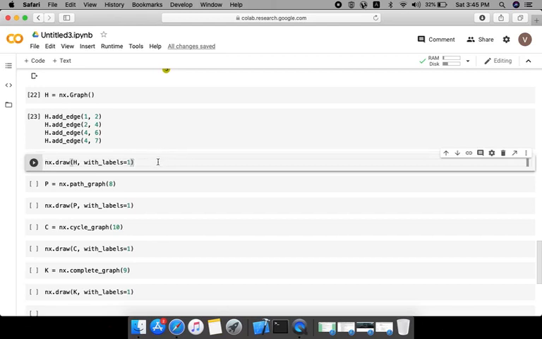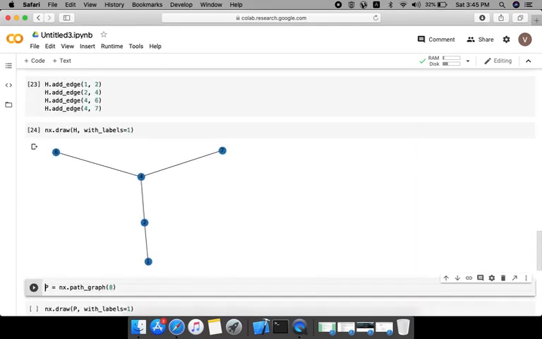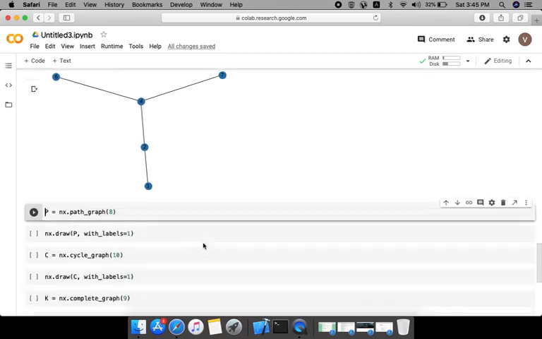So here is the command nx.draw(H, with_labels=1). Again this with labels will help me label my nodes. So the command gives the output something like this. You can see a complete graph with nodes and edges being created and also labeled. So this was another variation in which you can draw a graph without using the addNode method.